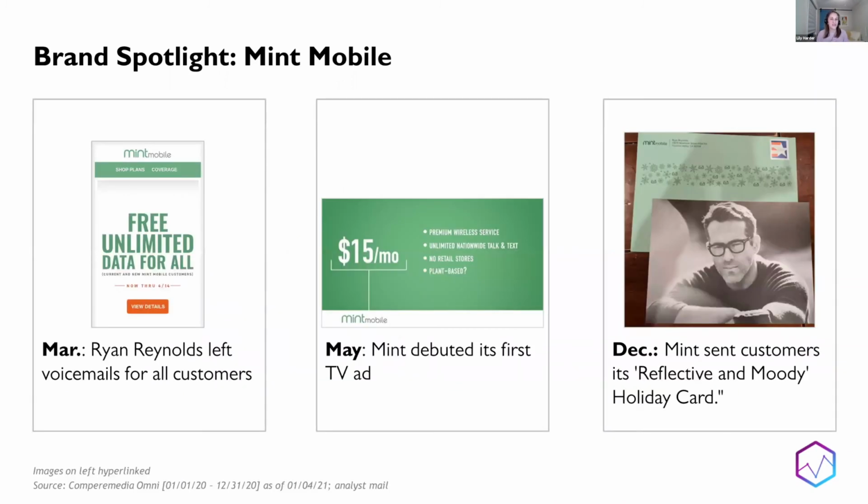Now, I just thought there were some other creative ways that they were also engaging, that they were interacting in new ways besides, you know, the snark and the humor. So again, keeping with the Ryan Reynolds theme, which clearly is winning for them, keeping him front and center in the marketing, they really kind of read the room when it came to responding to the pandemic. So in March, one of the things they did actually is they announced free unlimited data for their customers because of the pandemic. And they had Ryan Reynolds actually leaving voicemails for their customers. Now, it's probably a pre-recorded thing, but their customers received a voicemail from Ryan Reynolds on their phone announcing the change in the plan or change in unlimited data.